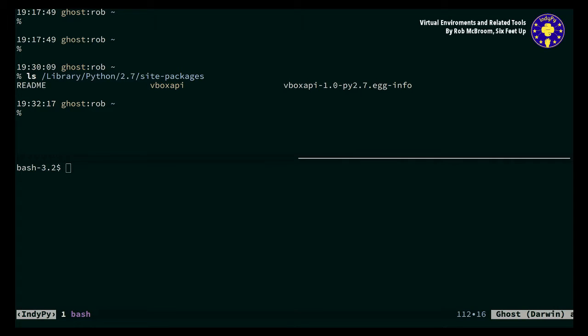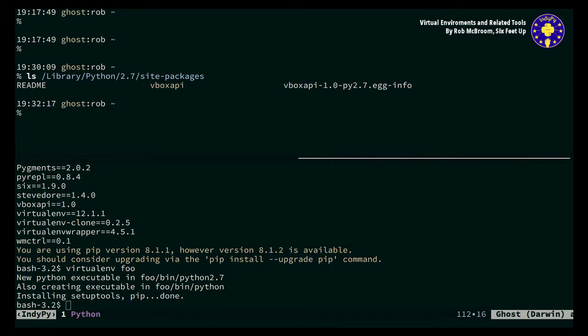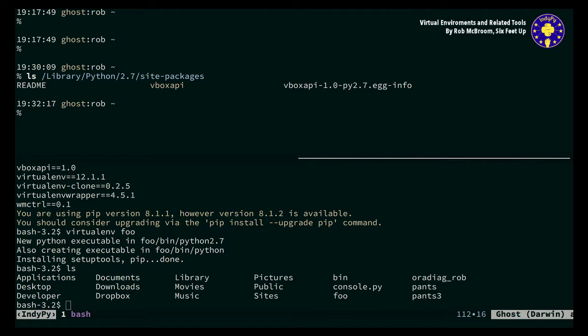If you've installed it, the one exception to installing things into your system level site packages is that you probably do want to install virtualenv itself, and you'll see I have a few other things here, but I'll talk about that later. So I've got virtualenv installed, which gives me this command, which is just virtualenv, and if I just type that and then a space and then whatever I want to call it, what it'll do is in the current directory, which is just my home directory now, it created this new folder, and in that folder